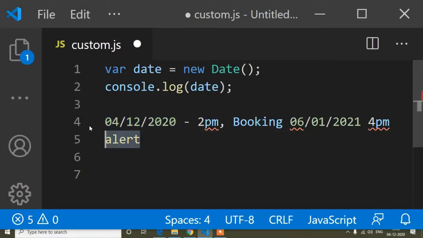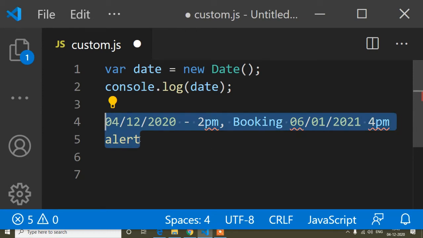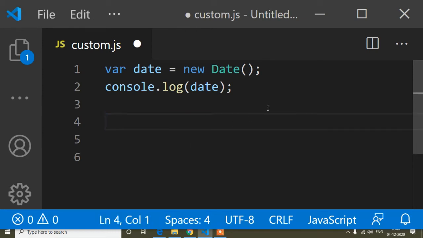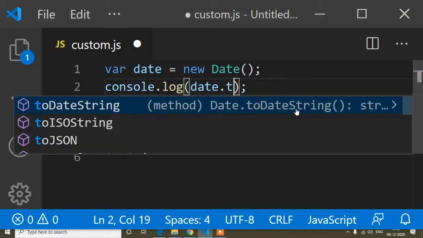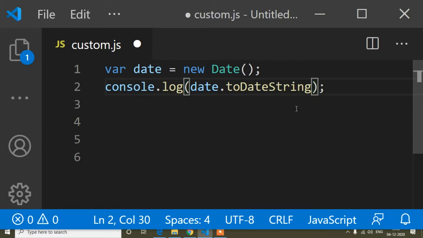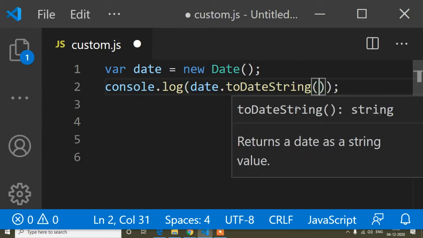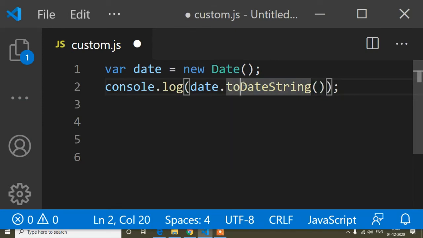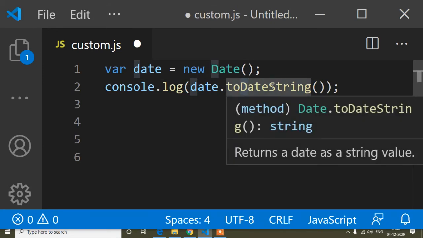Now I will remove this one because I had written it for example purposes, and I will get the format which we mostly see. For that, you have to write another predefined JavaScript method, that is toDateString with parentheses. In toDateString, D is capital and S is capital.